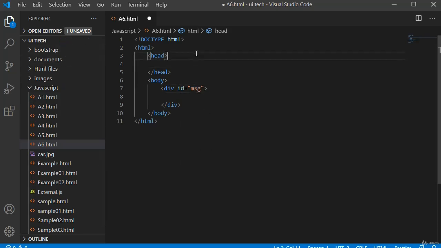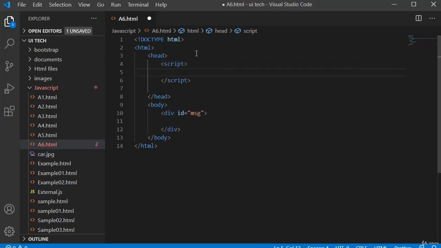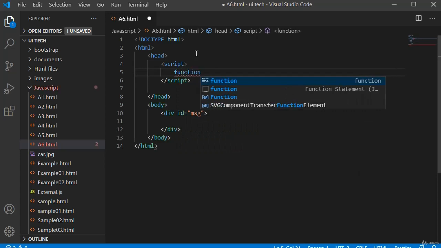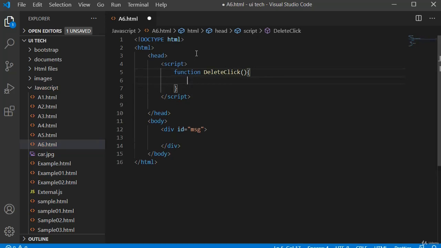In the head tag, I will write our JavaScript code in a script tag. Inside the script tag, I will write a function like function deleteClick. Inside this function, we will use the confirm function.